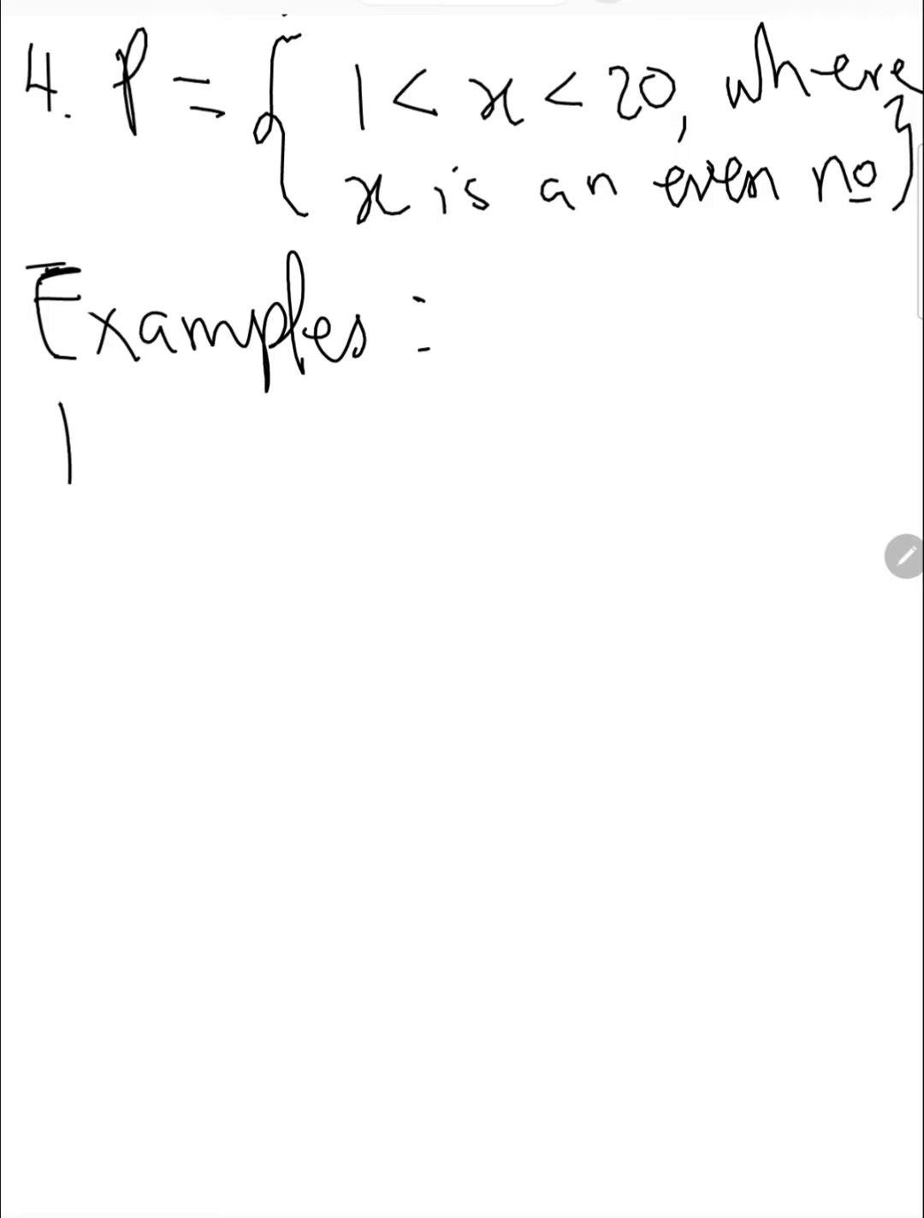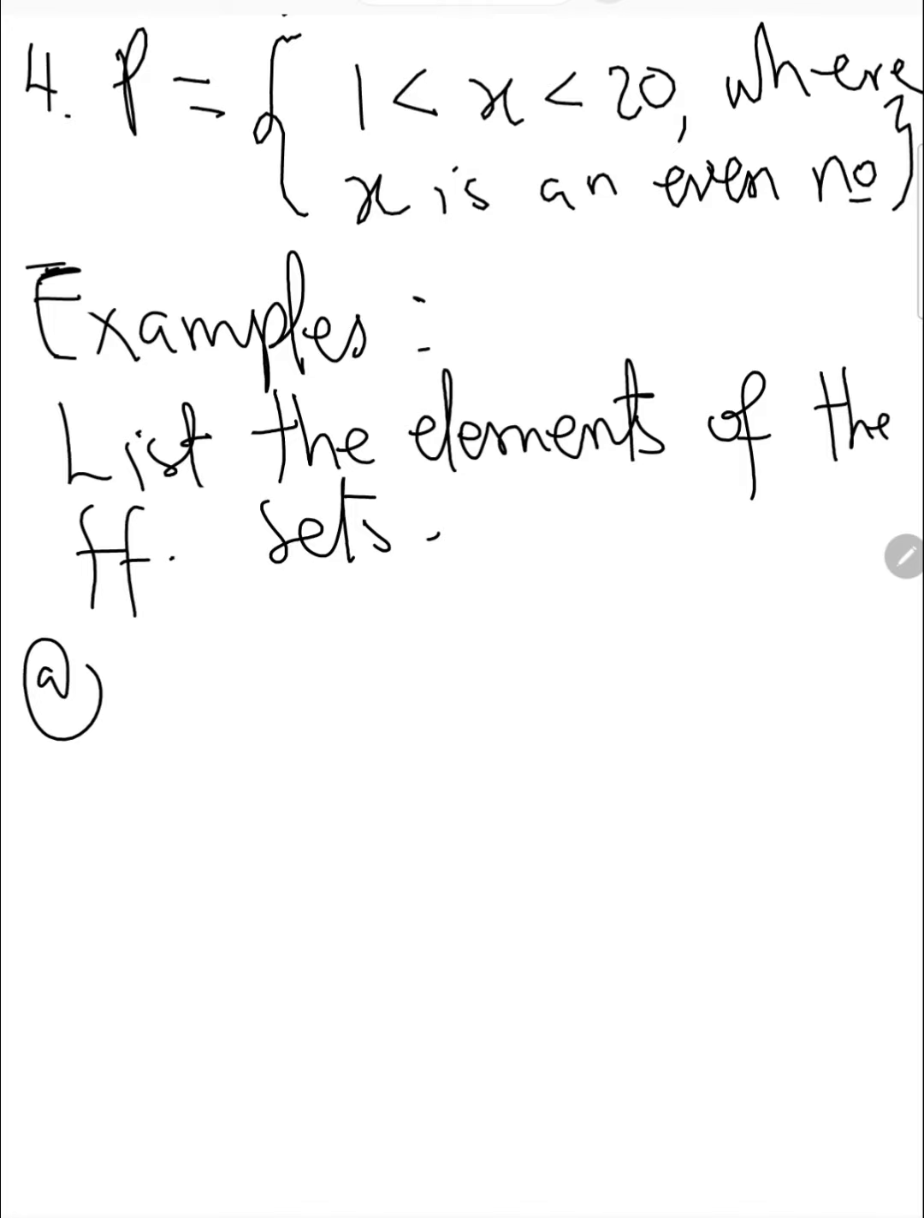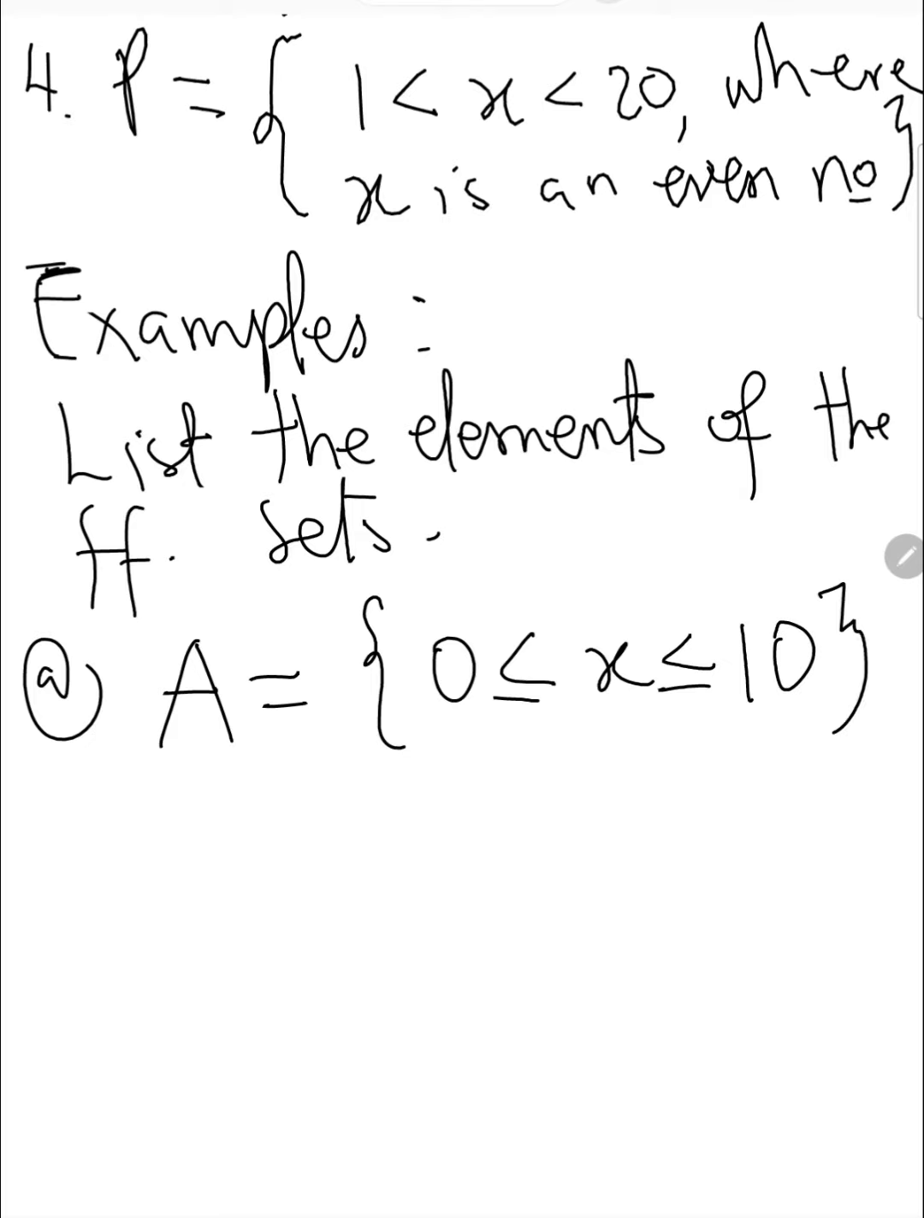So the preamble is we are to list the elements of the following sets. So list the elements of the following set. So let's look at the first set, which is the set A is equal to